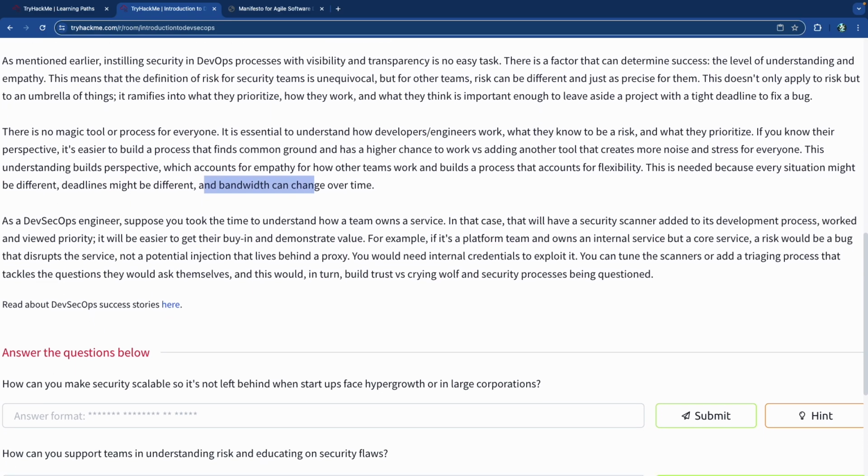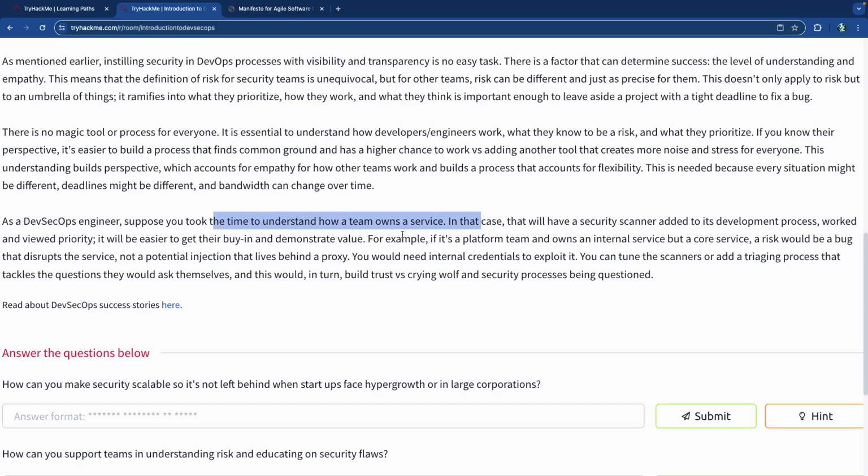So if you're going to be a DevSecOps engineer, suppose you took the time to understand how a team owns a service, and then they'll have a security scanner added to the development process, worked and viewed priority. It'll be easier to get their buy-in and demonstrate value to them. For example, if it's a platform team and owns an internal service, but a core service, a risk would be a bug that disrupts the service, not a potential injection that lives behind a proxy. You would need internal credentials to exploit it. You can tune the scanners or add triaging processes that tackle the question, and this would in turn build trust